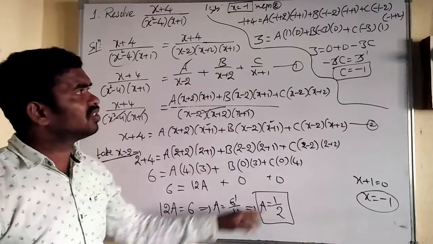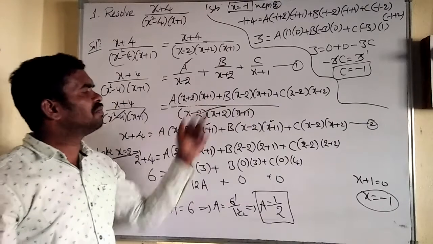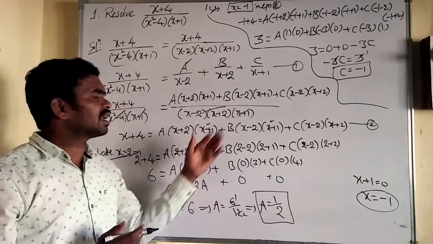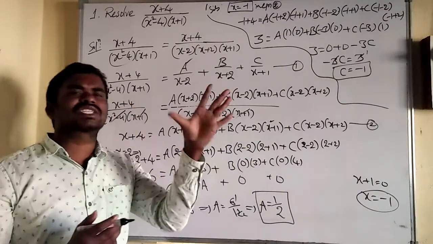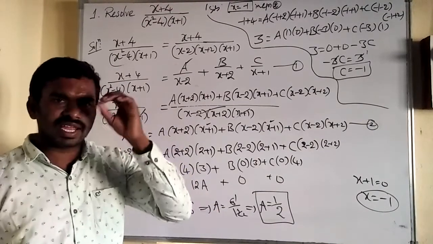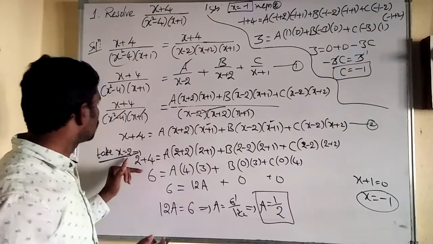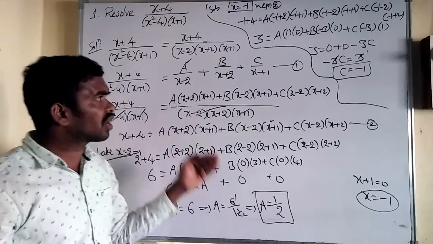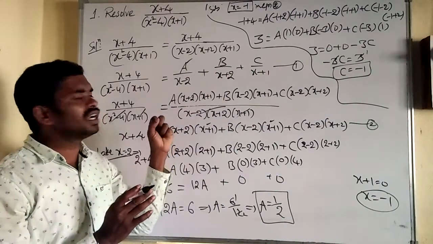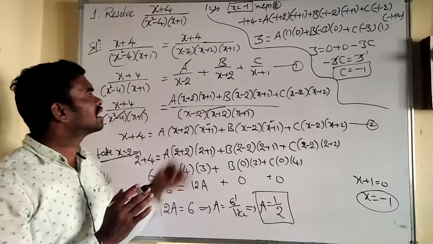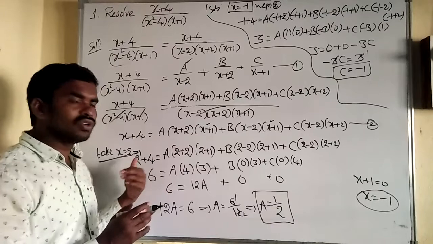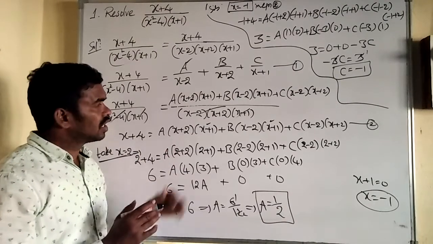Okay, we got the a value and c value. Next we need only the b value. For that, we already have two values. For the remaining one, you can take any x, that is x equal to 0, or x equal to 1, or x equal to 2, or x equal to 3, your wish. Take any one other than 2 and minus 1. First split the given fraction into partial fractions, then take LCM and simplify. So take x equal to 2 to reduce a value to 0 and find the c value.